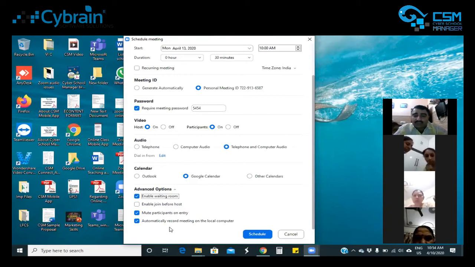So you can go through the training, see whatever you have missed and cover those details. You will get this option only on your laptop or computer, not on your mobile. If you want to record your class session, you have to use your computer or laptop. If you want to conduct your class using your mobile, you can conduct it, but you cannot make a recording there.